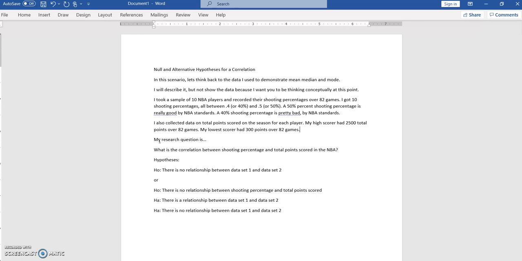Okay, so bear with me here because I think this is important to think about when you think about correlations. Because we want to think about what could happen in our research scenario. If we think about point totals, we had a really wide range there. The high scorer had 2,500 total points. My lowest scorer had about 300 points. So why might that be? What would determine that? One could be, did